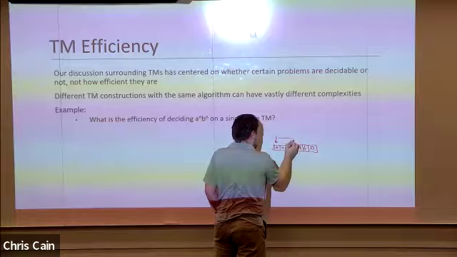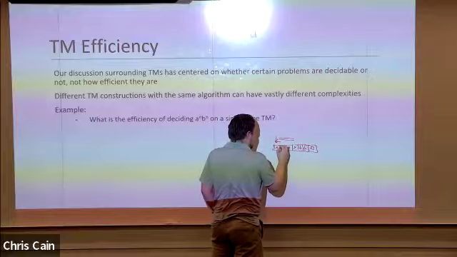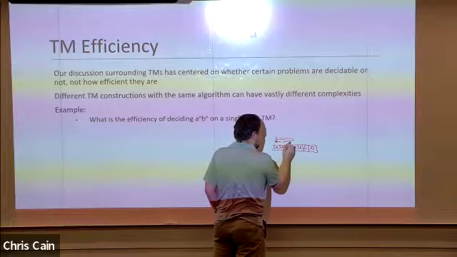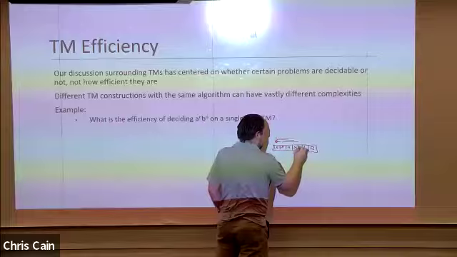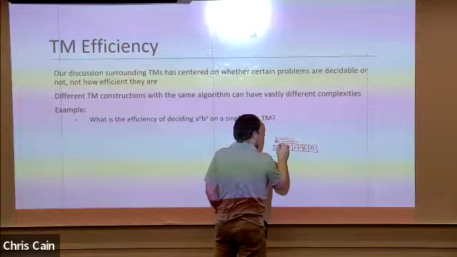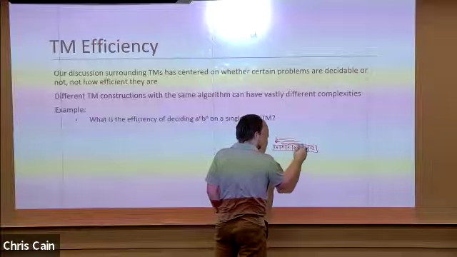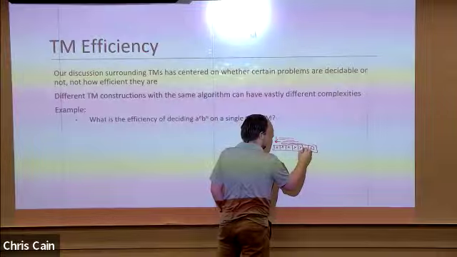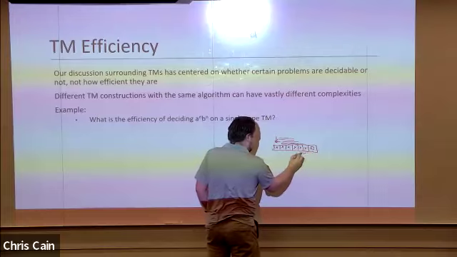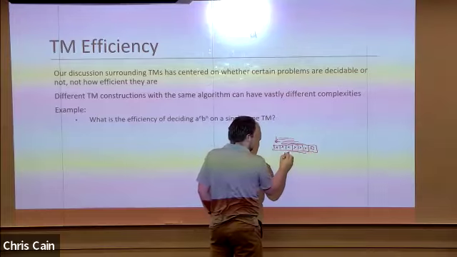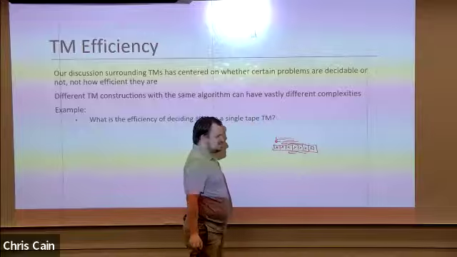And we would move back until we saw an X, and then move back to see an A. We would turn that A into an X. We would then move until we saw a B. We would turn that B into a Y. We would move back until we saw an X. We come back to an A. We turn that into an X. We move all the way to the end. See a B, turn that into a Y. Move all the way back till we see an X. Move right. See that this is not an A.